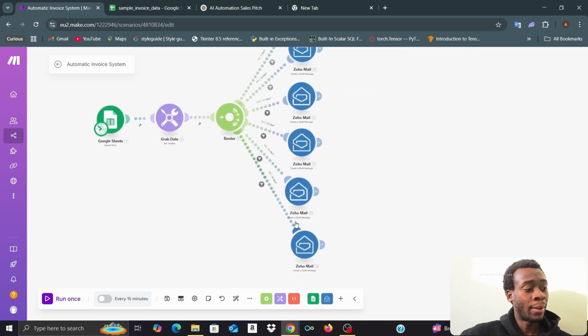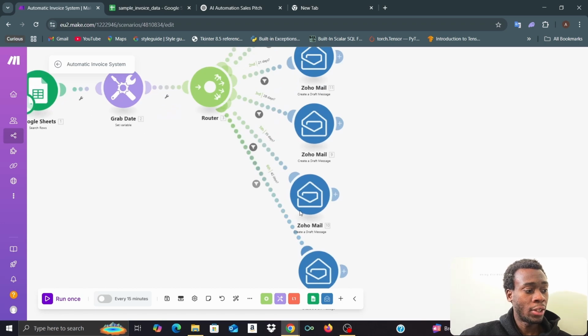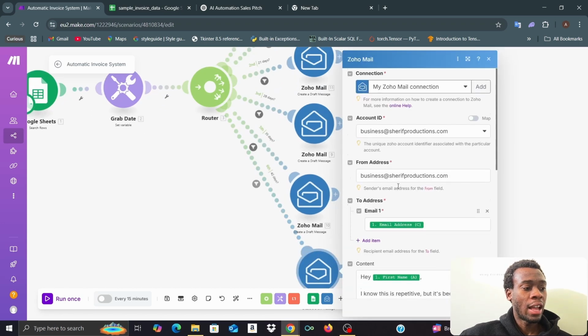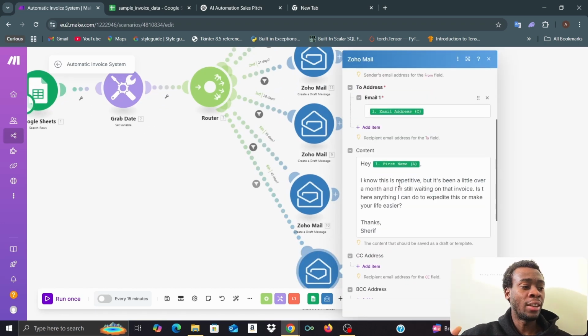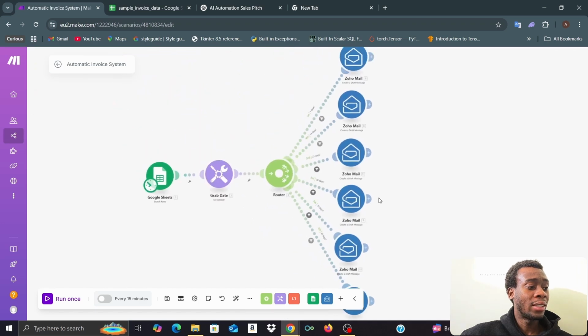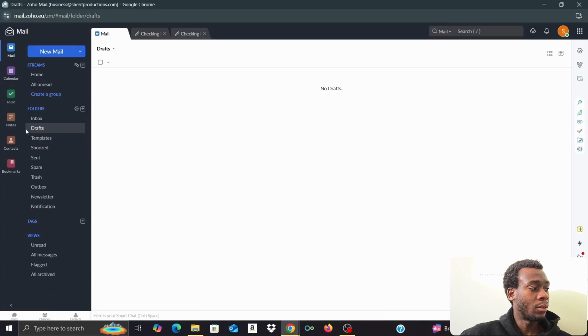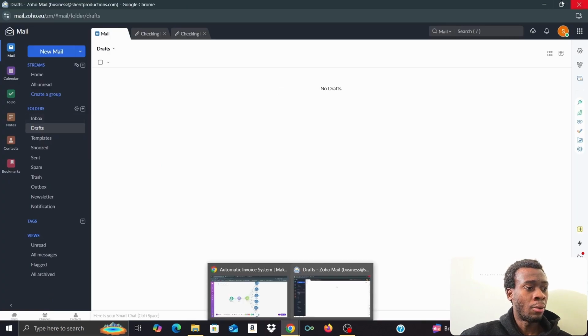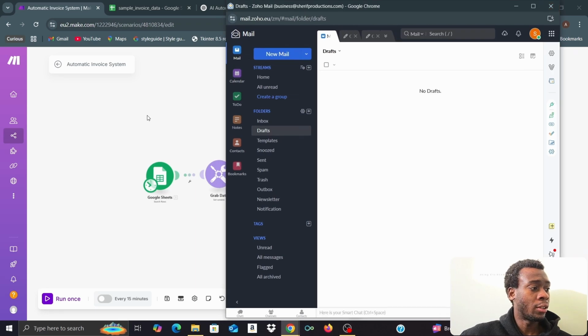Once it's after 42 days, as you can see here, my tone has changed and it becomes much more dialed in so that I can get my money's worth. So I know that this system is going to be valuable for companies. I'm going to run this right now. I showed you earlier my draft is empty, no draft. I will actually do it right here.